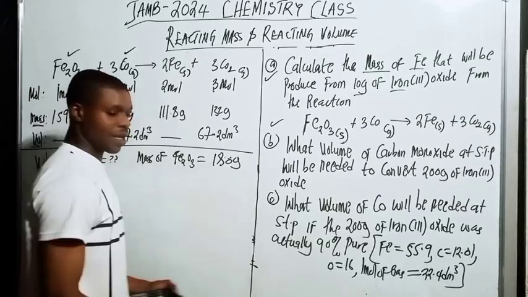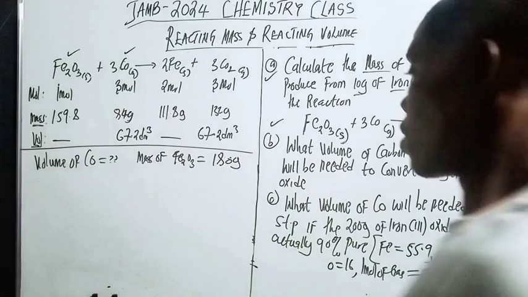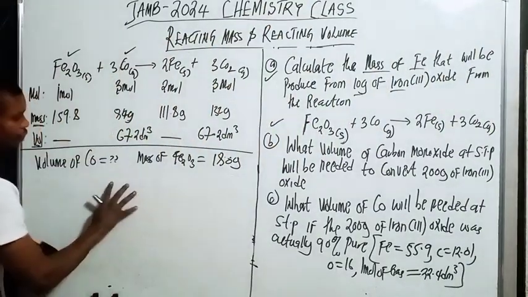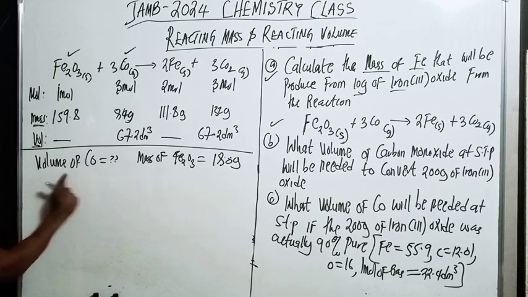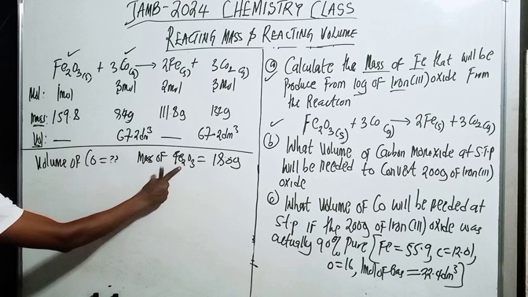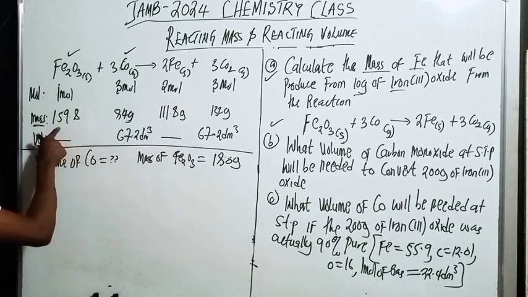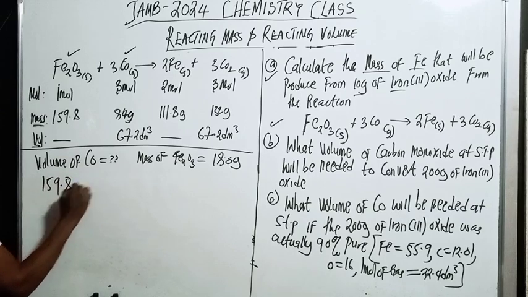It's going to follow the same procedure here, right? Remember you are looking for the volume of carbon monoxide. So what is the mass of iron trioxide? It is 159.8 grams of